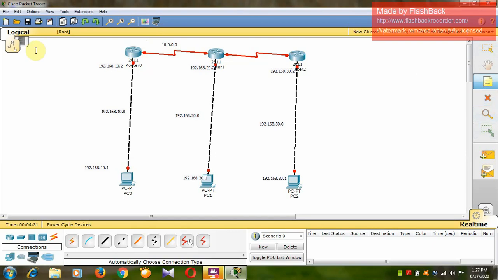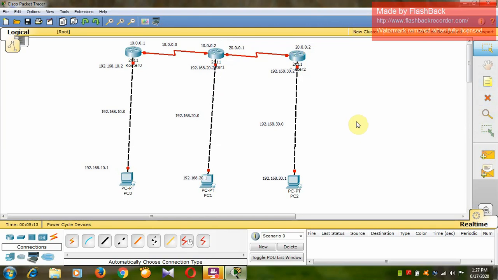According to that, this interface I am going to take as 10.0.0.1. Similarly, here also I am going to take 10.0.0.2, and here I am going to select the network as 20.0.0.0, with 20.0.0.1, and for this interface I'm going to take 20.0.0.2. Okay, so here I have assumed some of the networks.